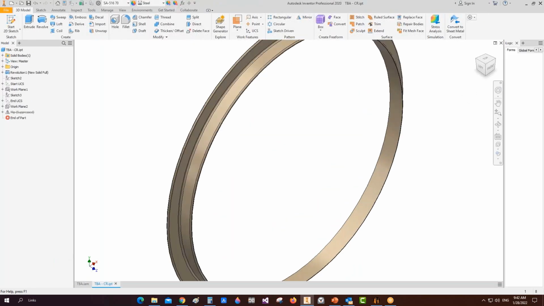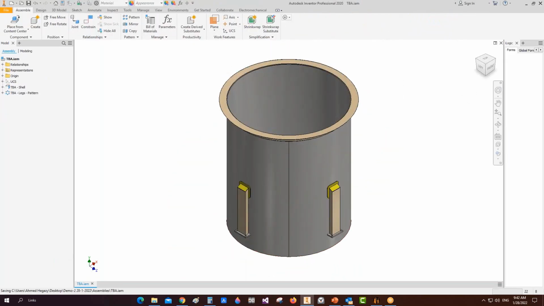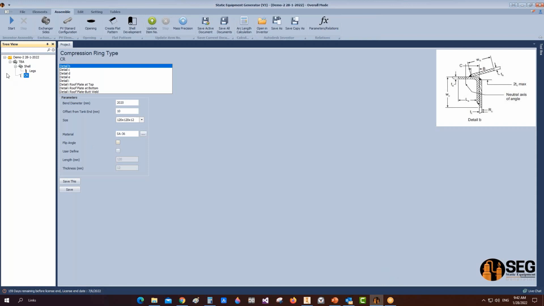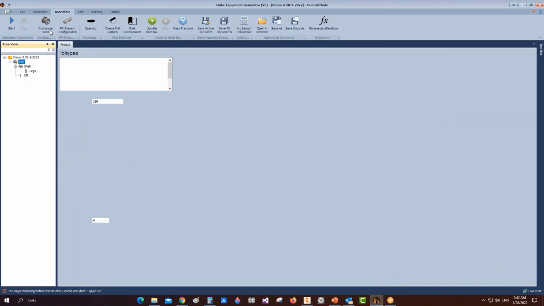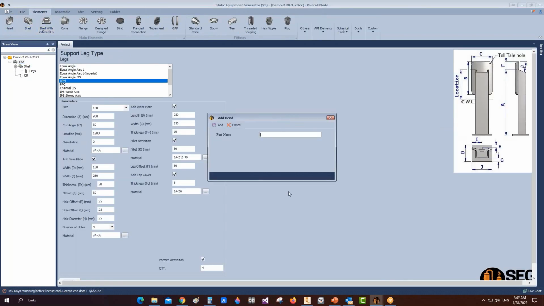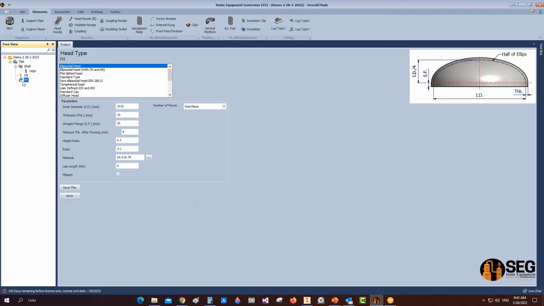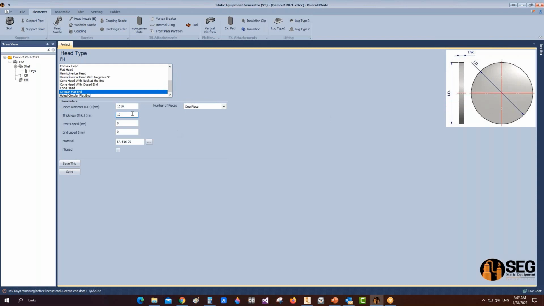Okay, we need to define the right location of the leg. Now we have the compression ring here, and you can add a blade or flat blade here if we select this one, and from heads you can select flat head. So this type of head without bolted flanges. If you select it, we can select a circular flat end like this, define the inside diameter